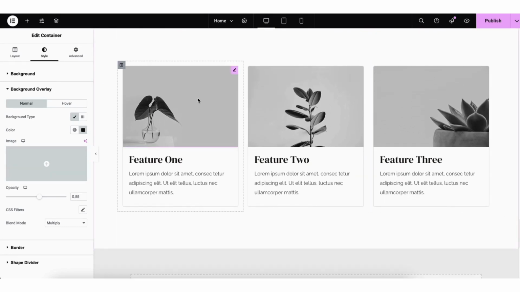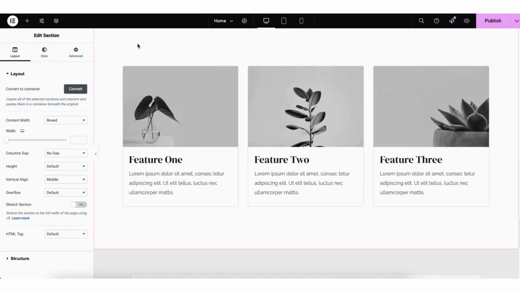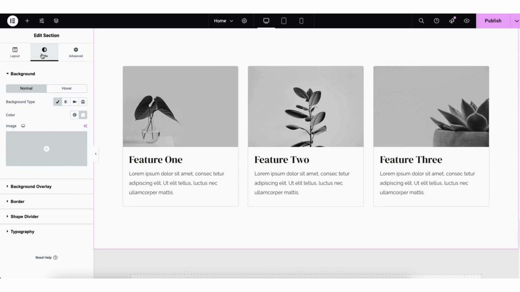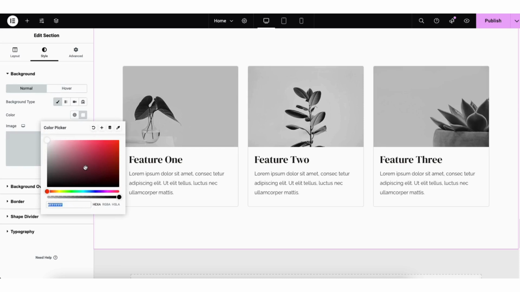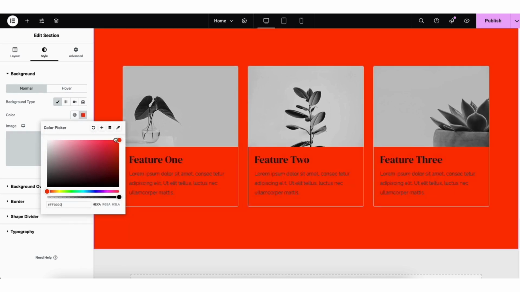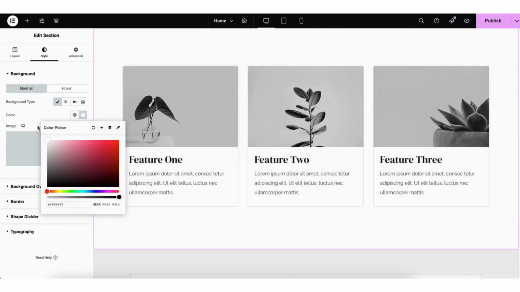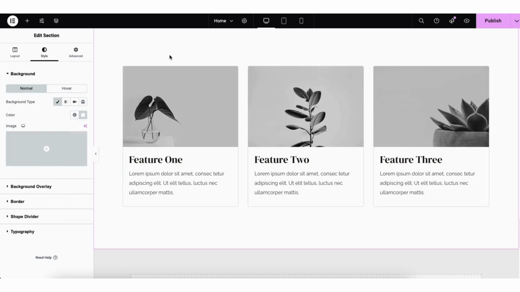If you right-click into any section and click Edit Section, then Style, where you see Background Type, click Classic. You can change the color background of that section of the page by clicking into Color and changing it to what you'd like. Now I want to cover the Contact Us form to show you how this works. To do this, let's first save our changes. We see the arrow next to Publish, click this, and from the drop-down, click Save Draft to save our changes.